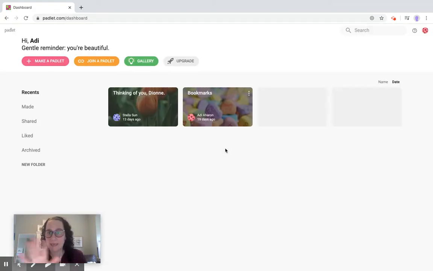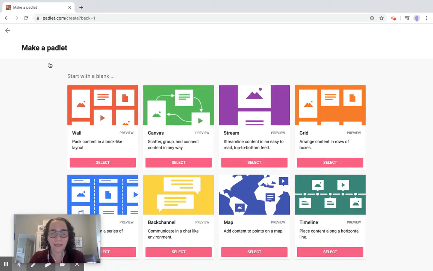So this is my Padlet library. What I see here are the Padlets that have been created by somebody else that I have participated in, and the Padlets that I have created. So those ones will have my name beside it. To make a new Padlet, I click on this pink button here, make a Padlet, and then I get a